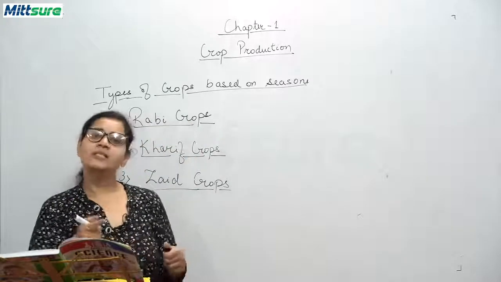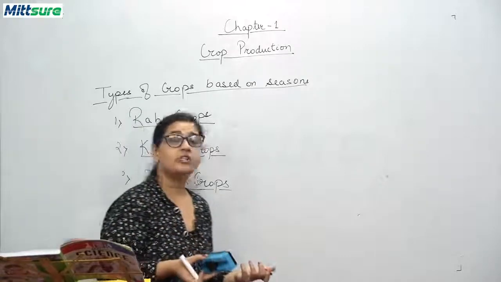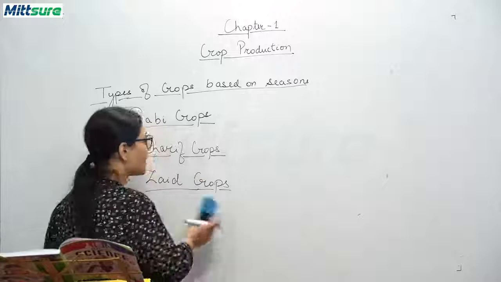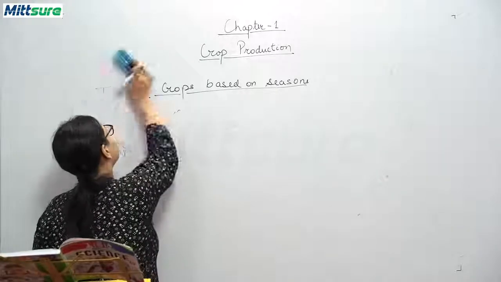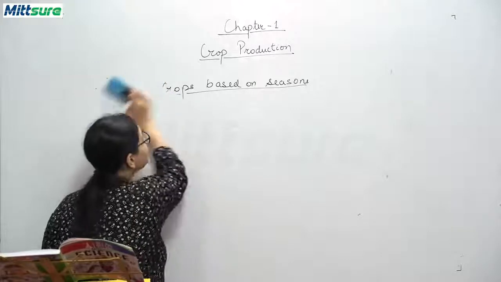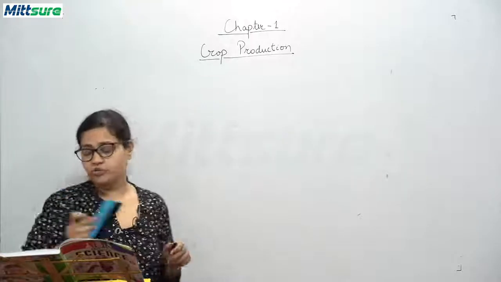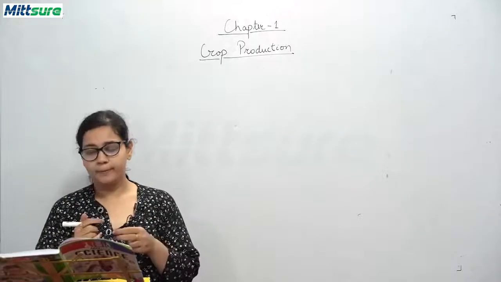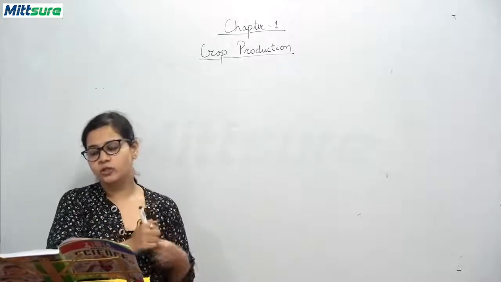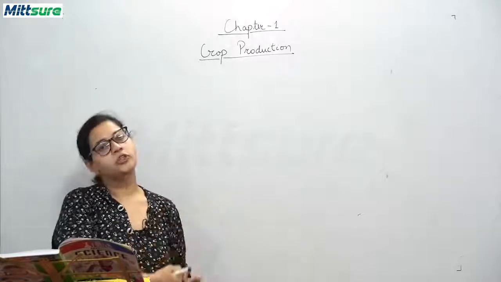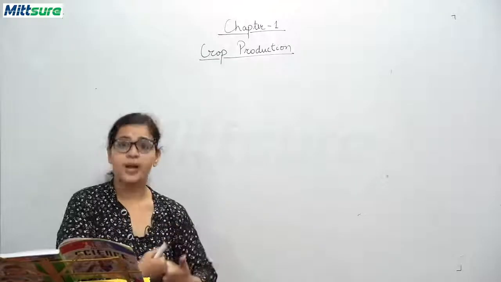Now, we will discuss some agricultural practices. There are different agricultural practices, which start from cultivation of plant, that is when the soil is prepared, to the harvesting of crop, called agricultural practices. Okay. So what are agricultural practices? Different activities which are involved in the cultivation of plant from sowing to harvesting are called agricultural practices.